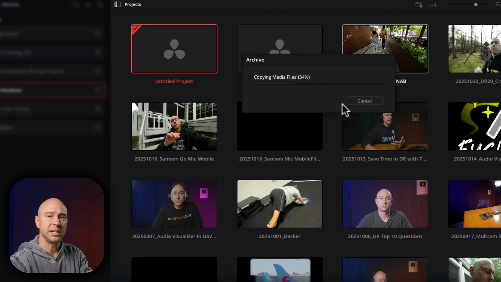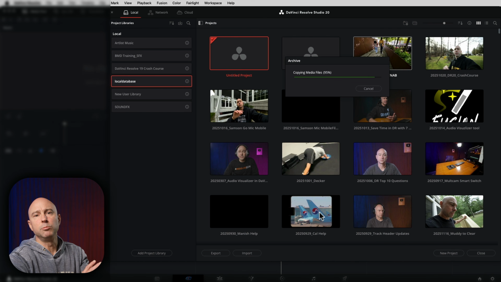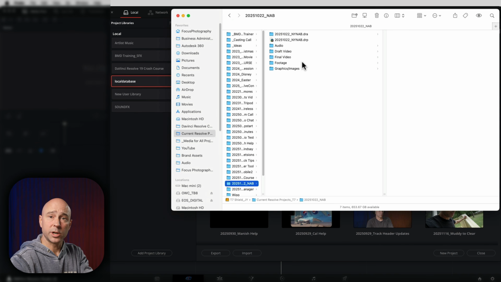You can see it's copying everything and packaging it all up. So it's not taking your original files and moving them. It's just creating a copy of everything and putting it all together. So now if I were to come to my hard drive where I saved that DRA file, you can see